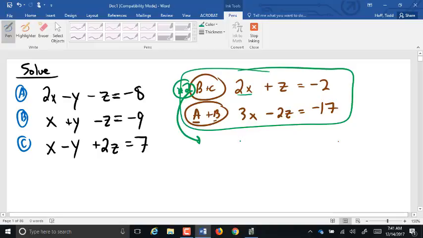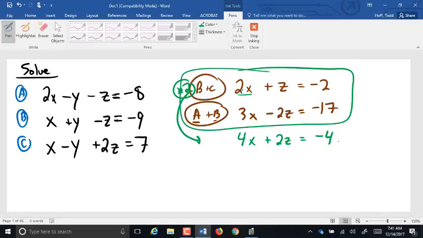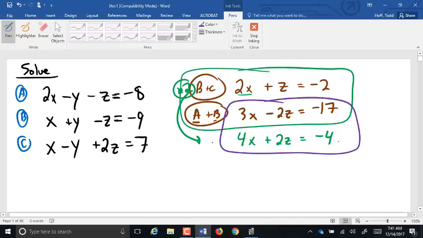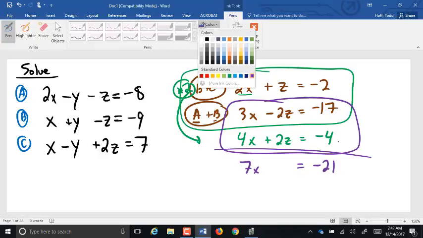So that's going to give me what? Perfect. 2 times 2x is 4x. 2 times z is 2z. Then equals 2 times negative 2 is negative 4. Because I am now going to combine those 2 equations. 3x and 4x, 7x. Negative 2z and positive 2z goes away. Negative 17 and negative 4. There's 1. And then